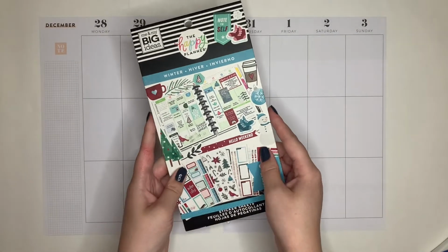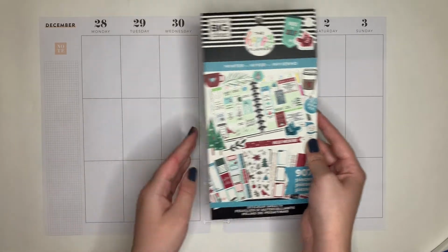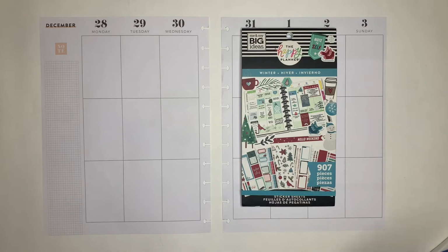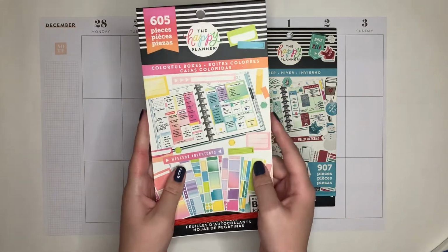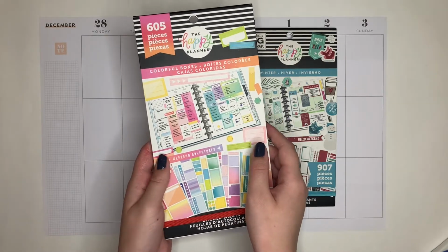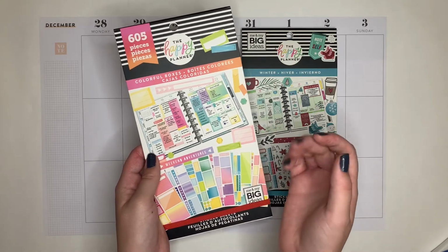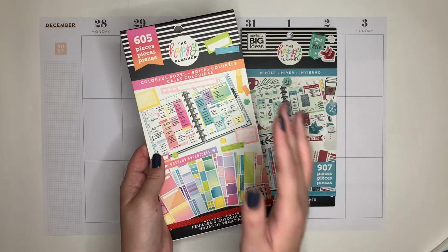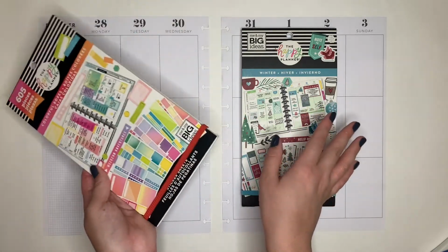I was really inspired by this older winter sticker book. I don't touch this one a whole lot, but some of the stickers were really calling to me this time around. Then I decided to complement the stickers I pulled from this book with some of these colorful boxes. I think this is colorful boxes 2, maybe 3. I don't use this one a whole lot because the boxes are filled in color, so they're definitely statements, but I found ones that matched exactly what I wanted to do with the stickers I pulled from winter,